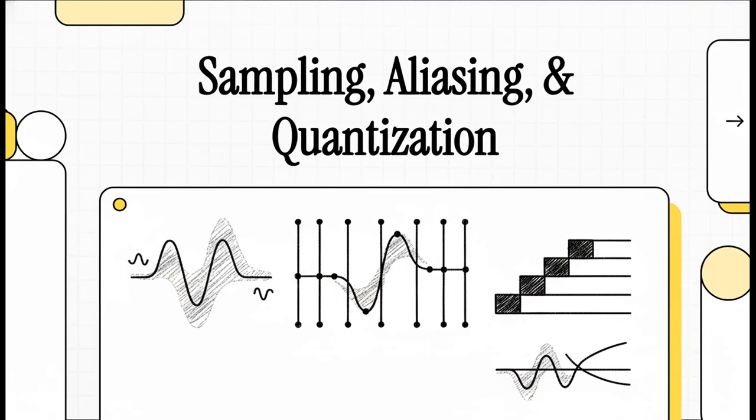Welcome to The Explainer. So let's talk about one of the most fundamental challenges in all of digital technology. How do you actually take something from the real world, like a sound wave or a radio signal, something that's infinitely detailed, and translate it into the language of ones and zeros that a computer can understand? This process, well, it's the foundation of pretty much everything, from your phone to medical imaging, and it all starts